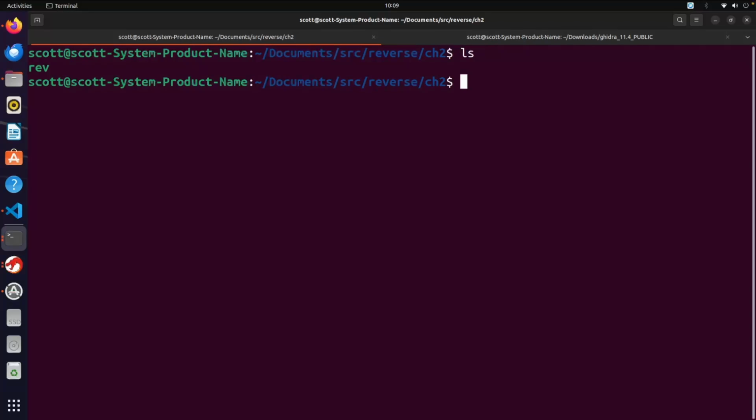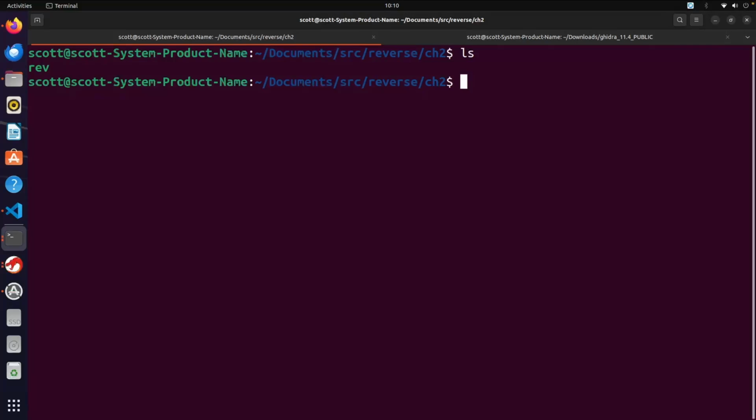It's one from a capture the flag type exercise, and we'll primarily be using these capture the flag type applications because they're really good ones for learning the basics of reverse engineering. You'll be able to find this binary in the description of this video along with any other binaries that we end up using. So one of the first things that I'm going to do here is